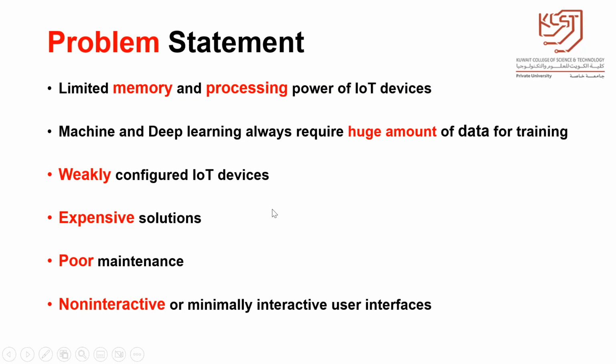And the other thing is the non-interactive or minimal interactive user interface. For instance, we cannot connect to our refrigerator, which is connected to the internet, by some sort of computer or user interface. So this is also one of the problems. If we had something like that, then there's a possibility that we could connect to those IoT devices. And at the end of this problem statement, I would like to say something funny: let's suppose someday the police come to your doorstep and say that your refrigerator or your television hacked a bank.